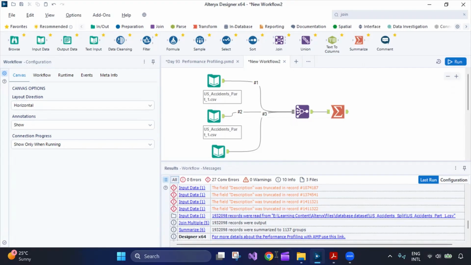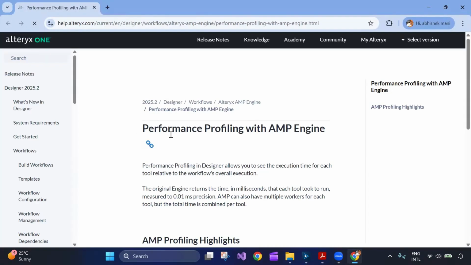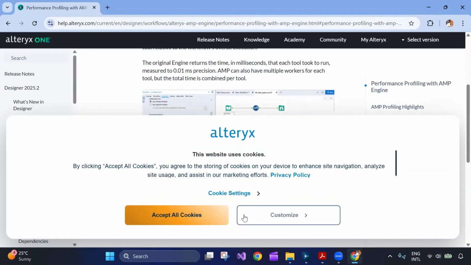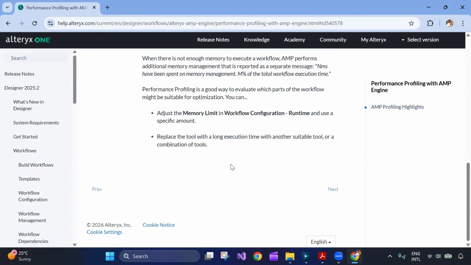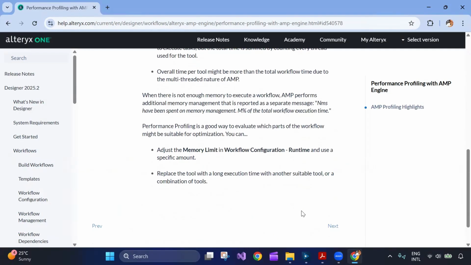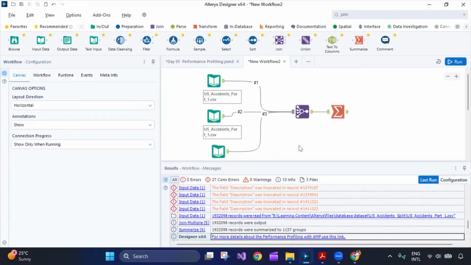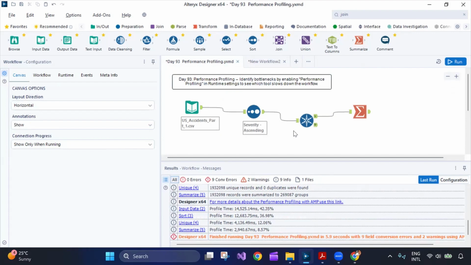So if it is taking that much time, you can click here and understand the performance profiling, how you can optimize it, and the best practices you can apply while working with big data projects in Alteryx. So that was the concept about using all these things and summarizing the data and helping you to understand